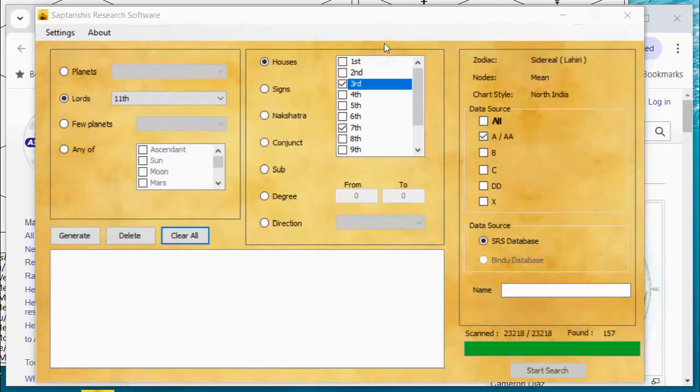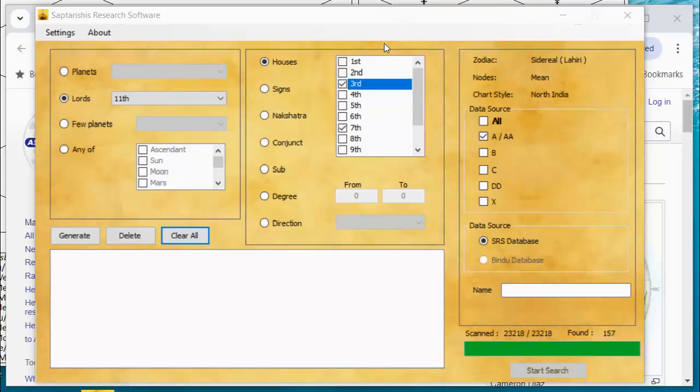But then in demo number 1, I showed you how to do a couple of relatively simple things, how to find a Chandra-Mangala yoga that was strong and in kendras at the same time. And I think we had to write 3 or 4 lines of code to do that. But it's pretty simple. And I showed you how to find a Parivartana yoga. That was quite simple. It was only 2 lines.